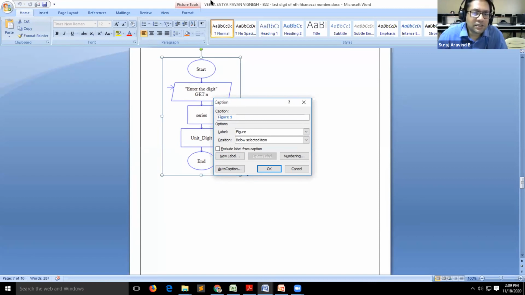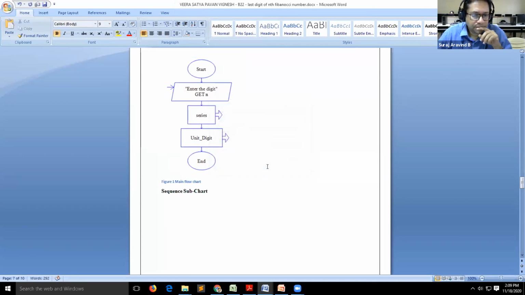Whatever this flowchart is, for example, I'm just putting main flow chart, whichever name is suitable for the picture. You put OK. The caption will appear at the bottom.